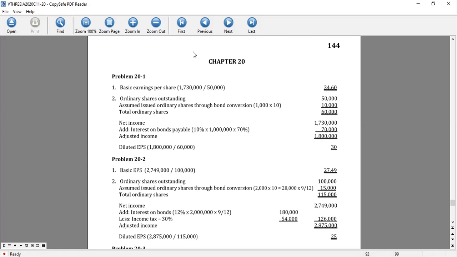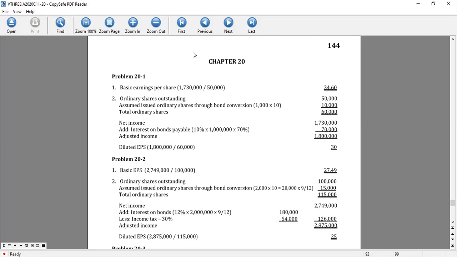So we have the adjusted income equal to 2,875,000. Now the diluted earnings per share is the adjusted income of 2,875,000 divided by